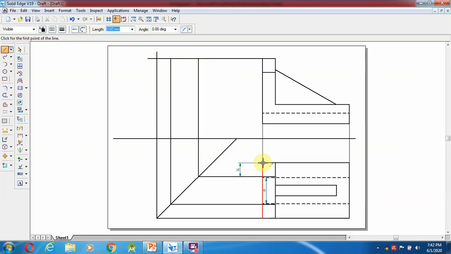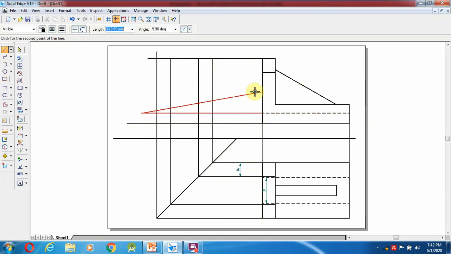In the last, even the dotted line can also be projected. Then from the dotted line again we are going to project, from here as well as this line, and this is one more edge.